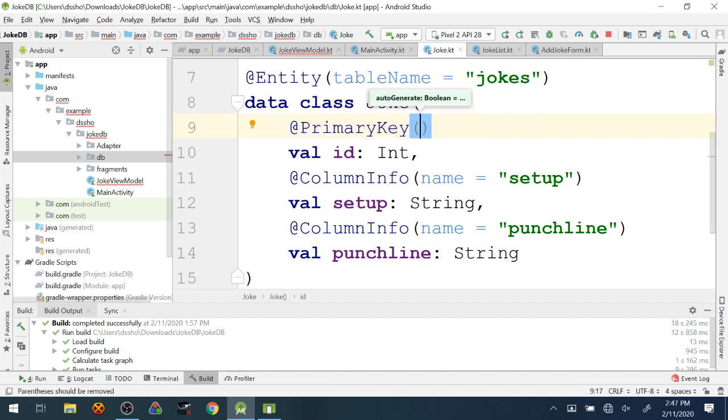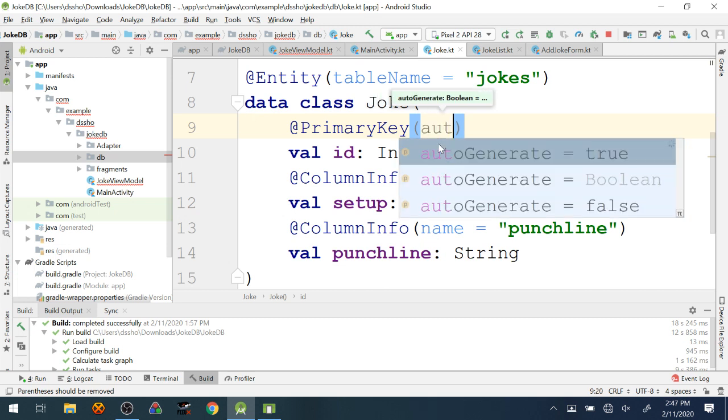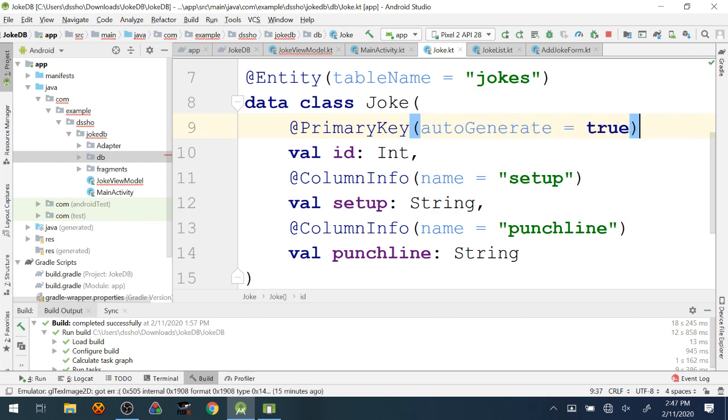And not only that, we can take this a step farther and say that I don't need to tell you what this number is. You can just go ahead and make this number up yourself. We can let the database specify what this number is. I know how to count, right? I don't need to write code that's going to count this up. The database can generate this for us if we use this autoGenerate equals true property of the primary key. And what that means is that we no longer really need to worry about setting that value. We just need to come up with objects that set the setup and the punchline values, and the database will take care of creating a unique number for every single joke.